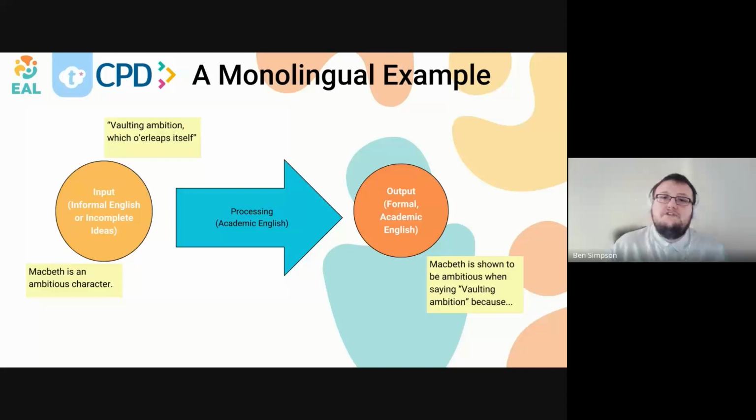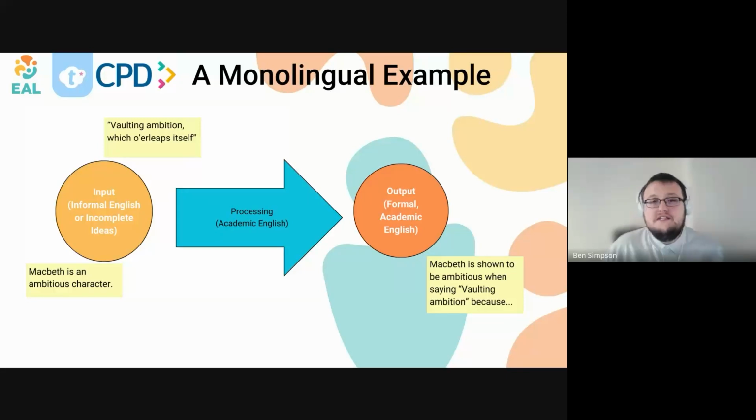In subjects such as English and history, monolingual speakers need to be taught how to think and write academically. I still went to university and I still had to learn how to present an essay, how to present my points in a succinct way and in an academically acceptable way. So that's the same for highly proficient speakers as well.